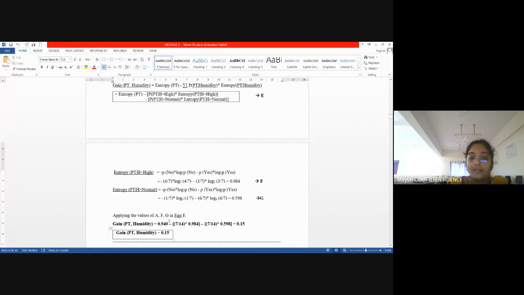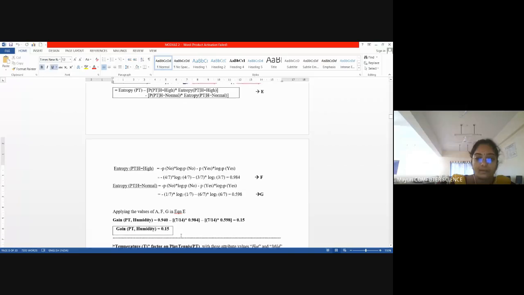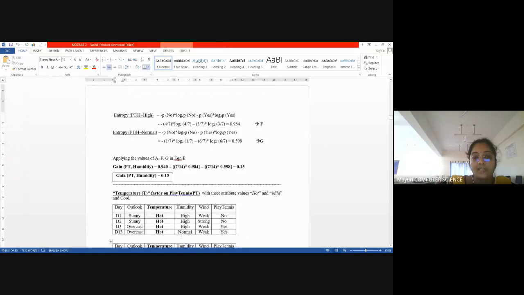This is total entropy. This is how many values are high out of 14. This is how many values are normal out of 14 with respect to its entropy. Entropy calculating is very simple. Equally classified, make it 1. Fully classified, make it 0. Unequally classified, find out how many values are yes and how many values are no out of total values. Summate it with minus, probability of that. So humidity info gain is 0.15.